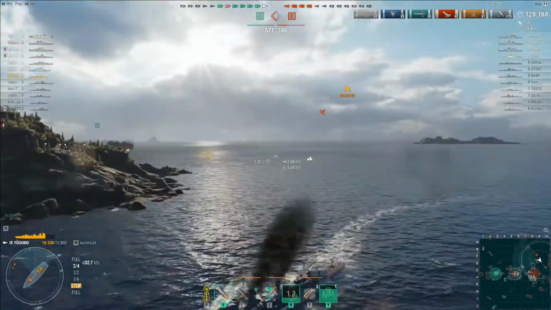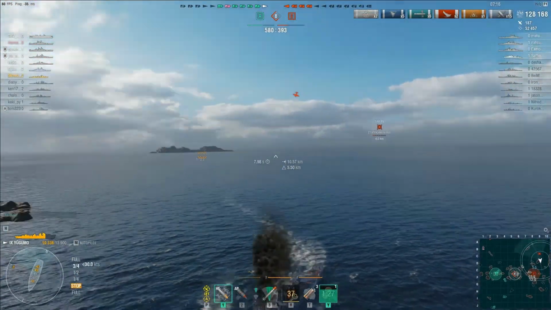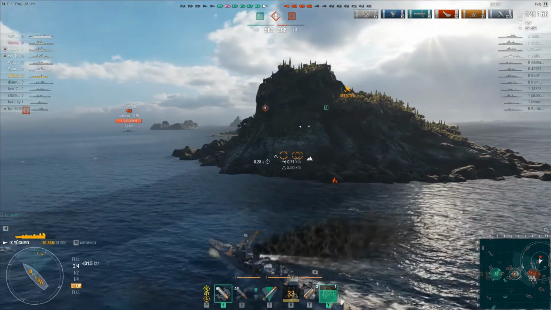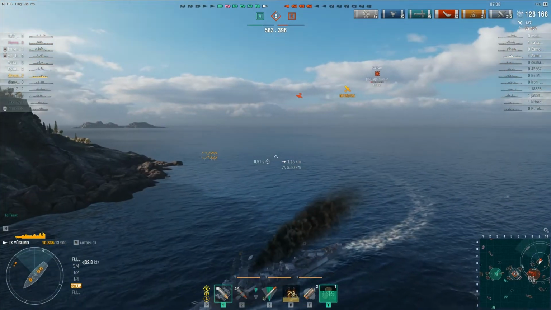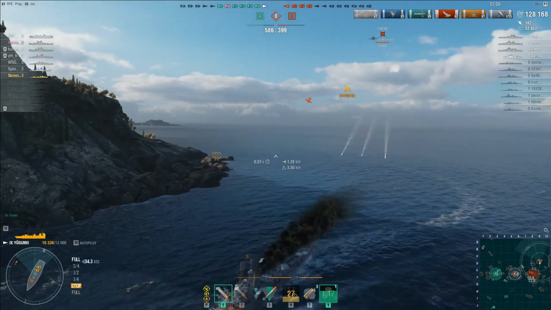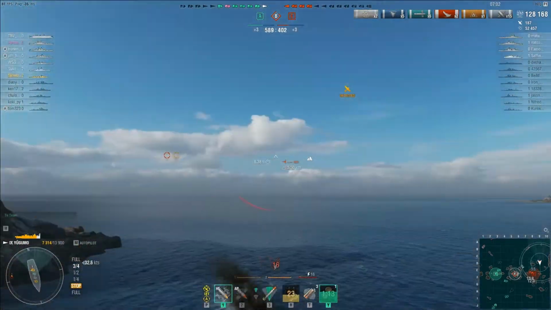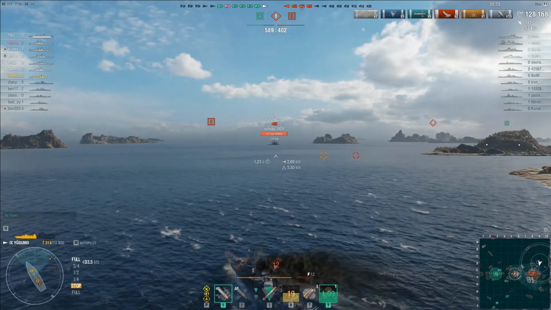They do get some rockets off at us. We've used our engine boost to try and get the heck out of dodge. And it's coming around with another salvo from the rockets. So we're going to be detected. Now luckily, this guy is annoyed and is going to shoot us with the rockets, rather than keeping us spotted. So those planes are going to disappear, and we're going to get out of spotting,